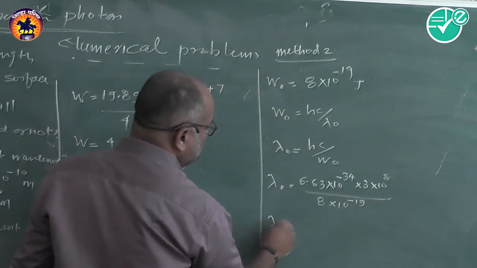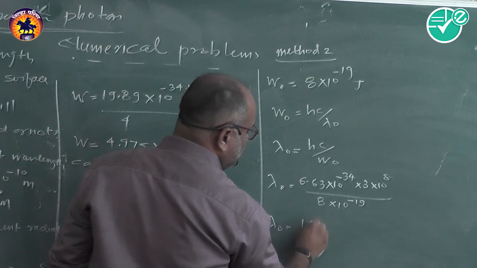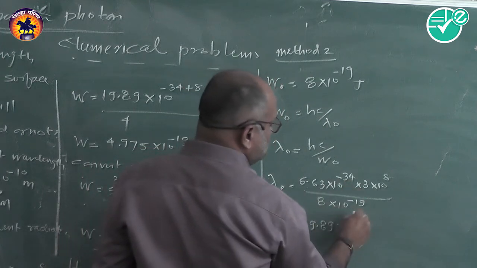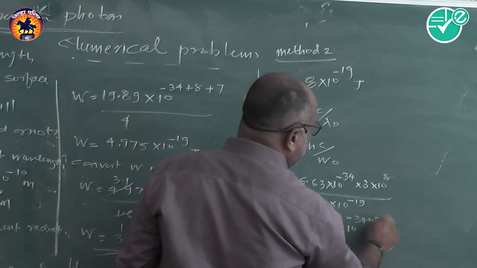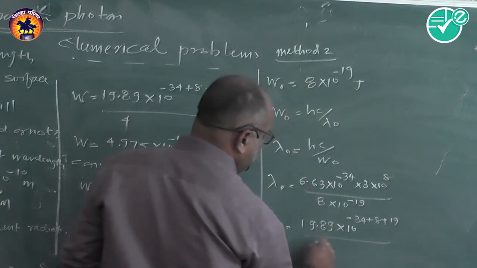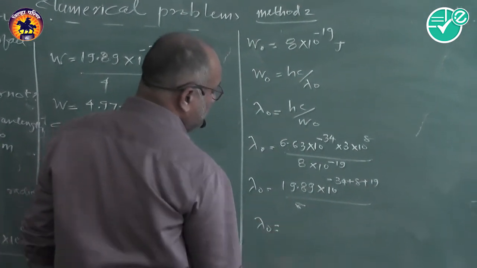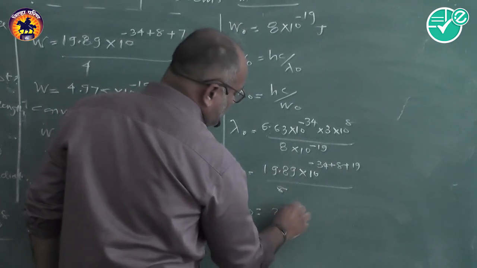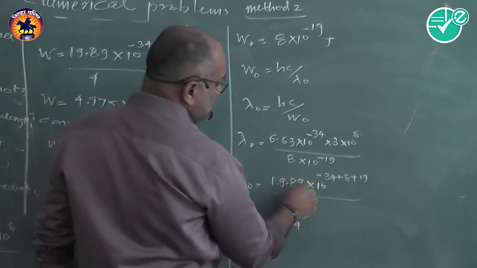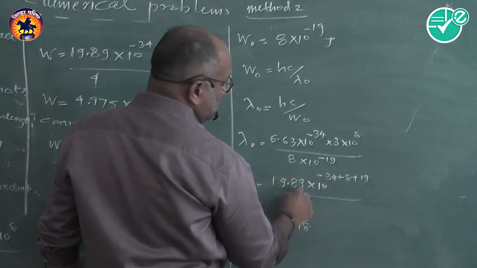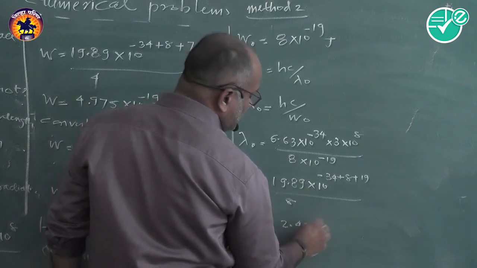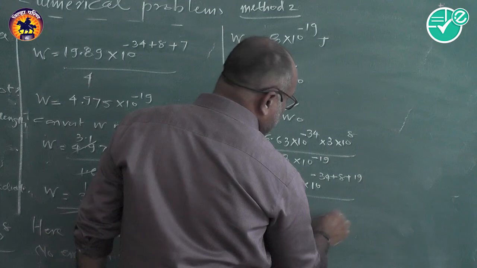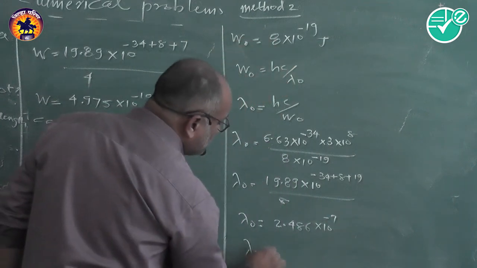Multiplication of this comes to be 19.89 into 10 raised to minus 34 plus 8 plus 19, divided by 8. So lambda 0 is equal to 2.486 into 10 raised to minus 7,